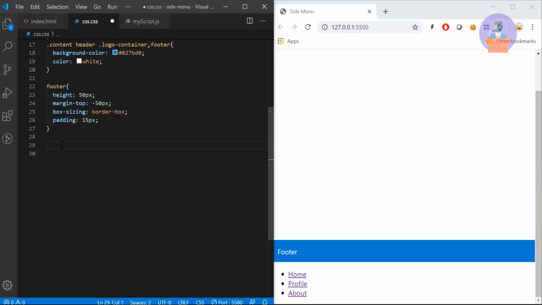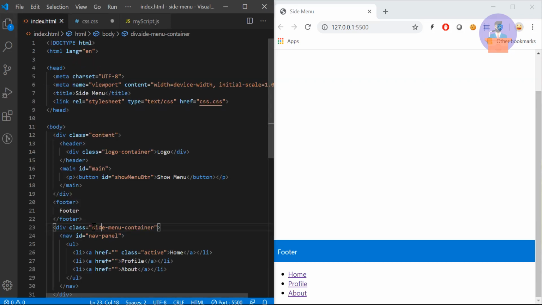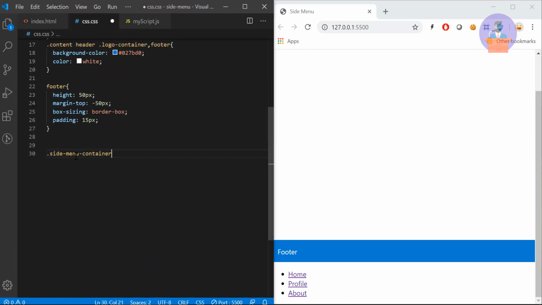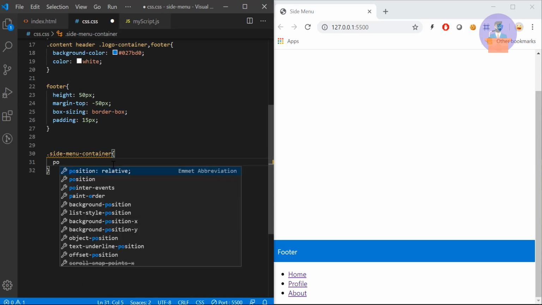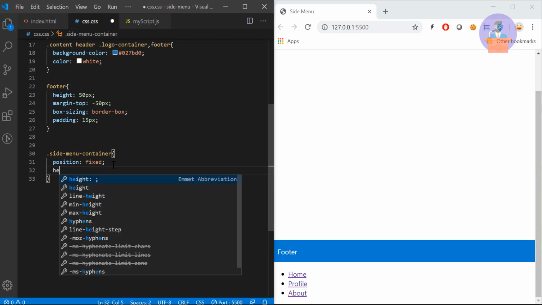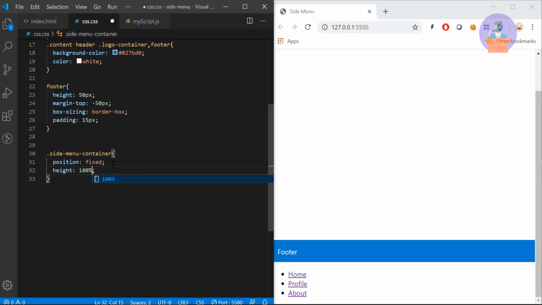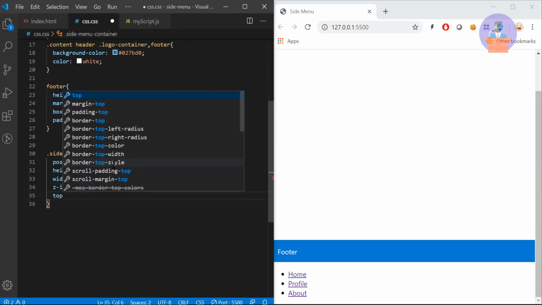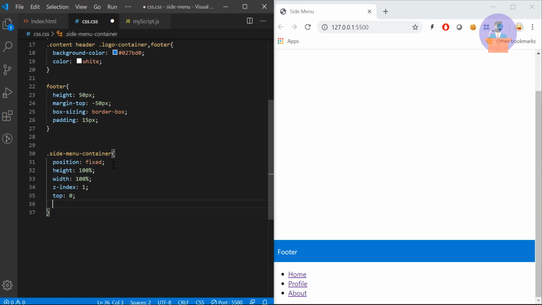I just copy this class name, side menu container, and I will provide position as fixed, height as 100% and width as 100%, so it will cover the entire viewport, and z-index let's say 1, and top will be 0 and left will be 0.